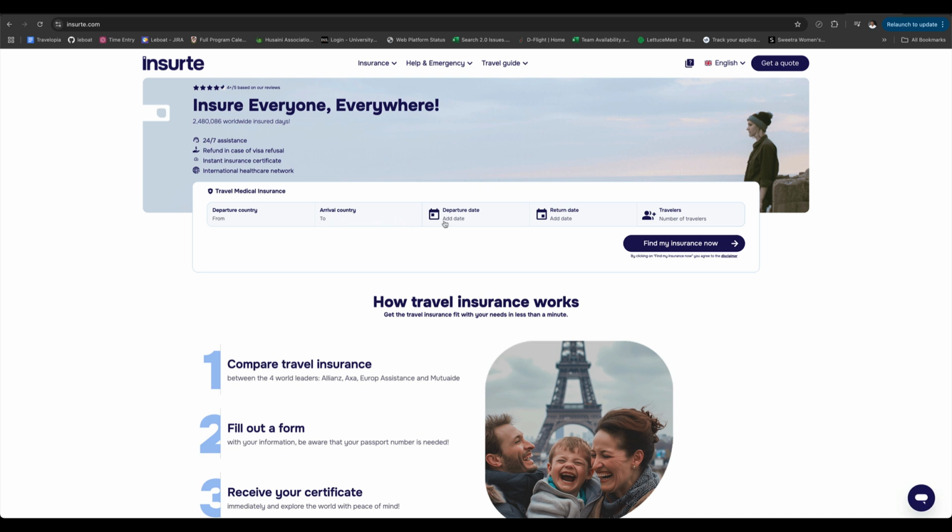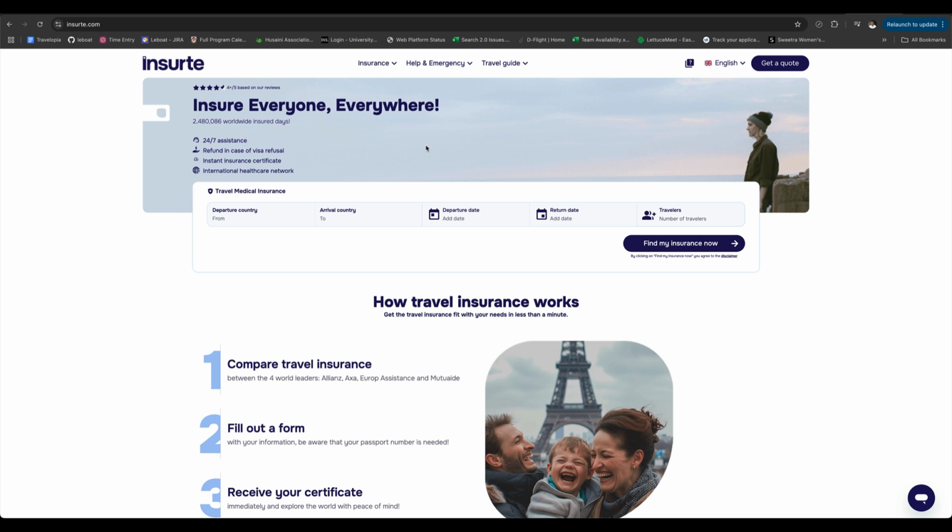Okay, so you can select your departure country, arrival country, departure date, and return, and then you can buy the insurance. Of course, it's more expensive than what from India will cost you, but at least you know that it's going to be accepted. Because sometimes some countries don't allow you to buy it from a non-Schengen company. Denmark doesn't. So this I'm not sure about. I've not seen Netherlands complaining or saying anything, but it's best that you go for the website they suggest,